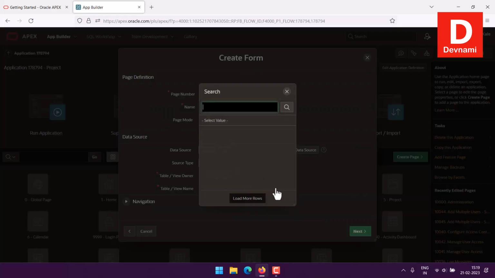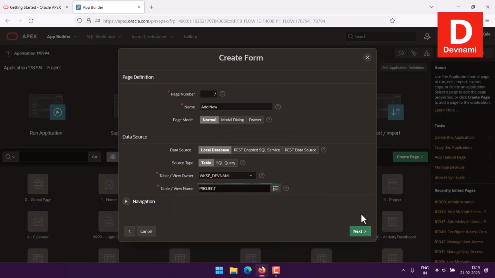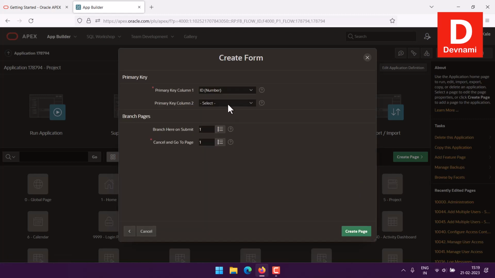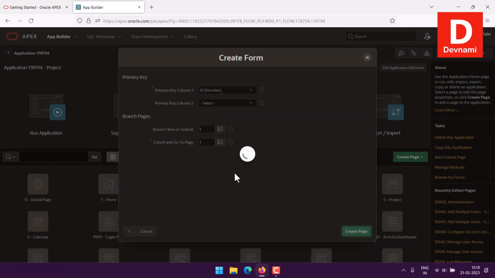Then I will choose the table. Currently I have like 2 tables. I will choose the project tables and click next. Pick the primary key. Let's say here I don't have any primary key, right? So I will stick with the one that Oracle Apex give me. Create page,